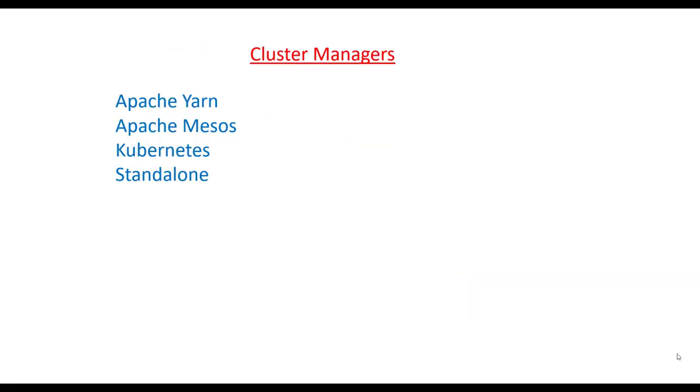Now, let us see how resources get allocated to Spark for drivers and executors. To control this, we need cluster managers. There are 4 cluster managers as of now: Apache Yarn, Apache Mesos, Kubernetes and Standalone. Apache Yarn is a cluster manager for Hadoop. It is the most utilized cluster manager for Spark.